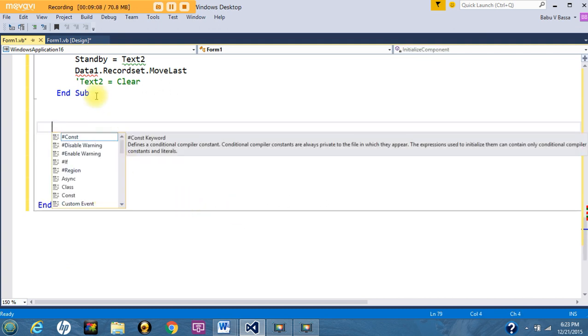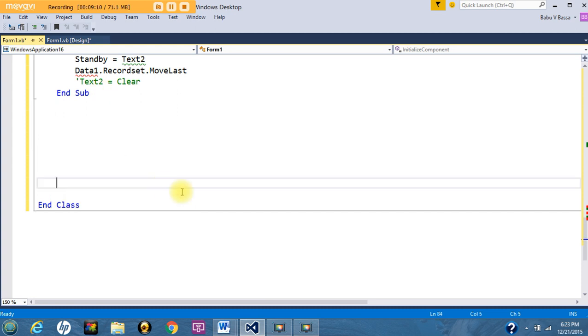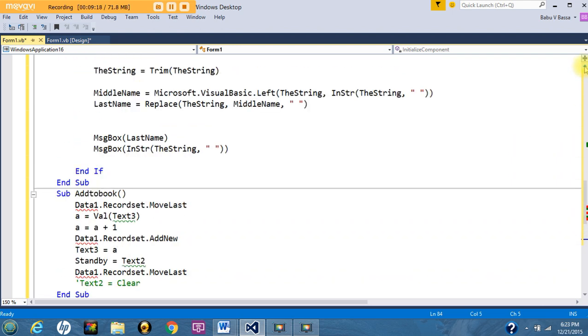Okay, now we have very few errors left. And the third sub here is add to book. That is a very tricky item. I will deal with that a little bit later, but at this point of time I will go back to